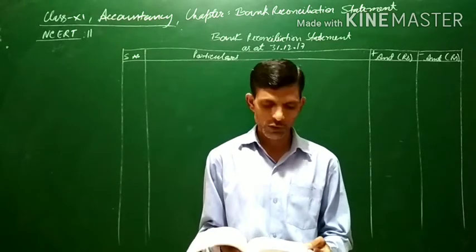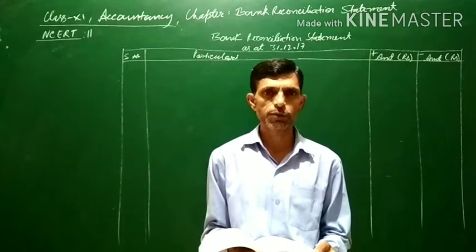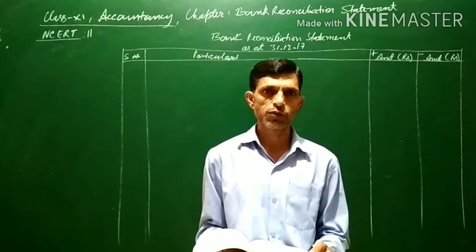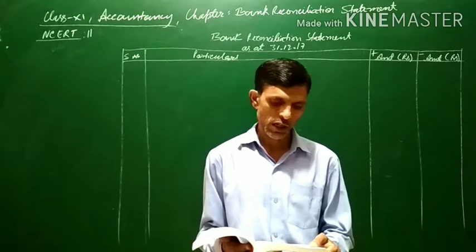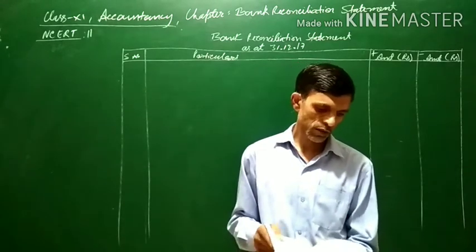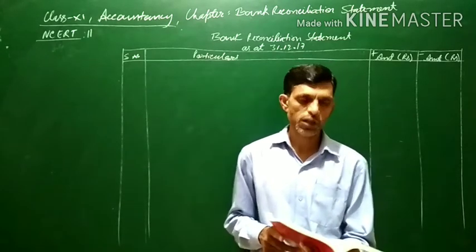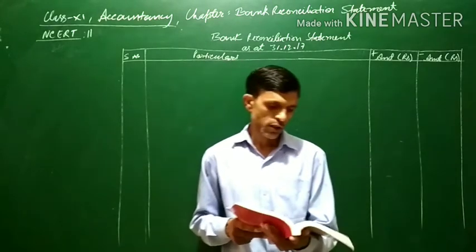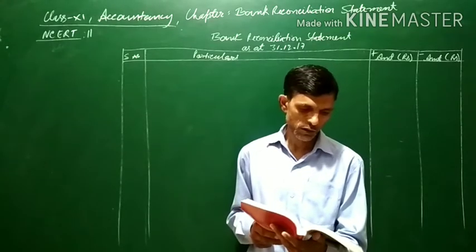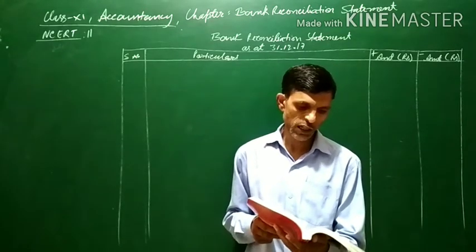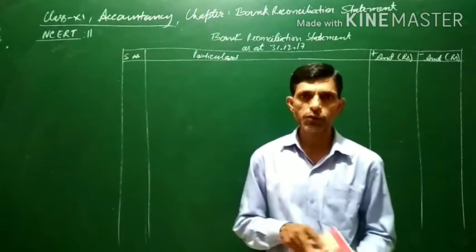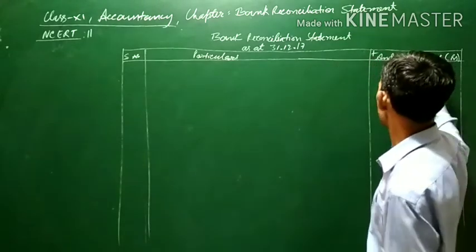Now in this video we will be solving questions related to an unfavorable balance, wherein the balance of the cash book is negative, or there is a credit balance as per the cash book. In question number 11 it is mentioned that the balance is an overdraft as per cash book, also the unfavorable balance. The very first statement is: overdraft shown as per cash book on December 31st 2017 is 10,000. Since it is an overdraft, the balance of this cash book will be shown in the minus column.